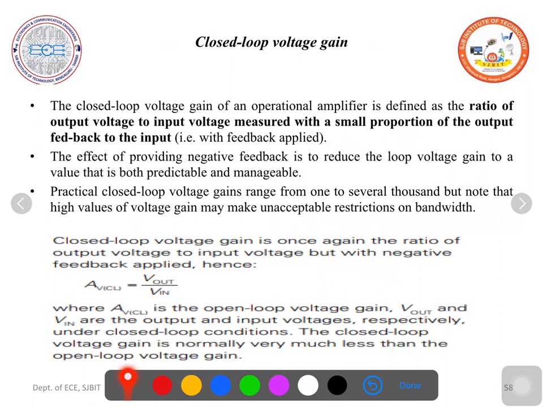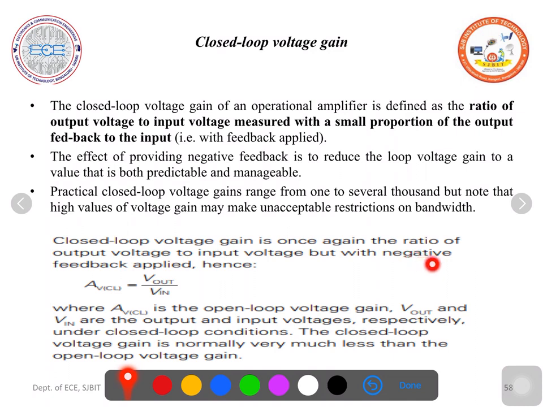So we can also express it in decibels by calculating 20 log V0 by V, just similar to the open loop voltage gain. Now only this word changes: closed means there is a feedback. Feedback means some portion of the output is fed back as the input. So closed loop voltage gain is nothing but the ratio of the output voltage to the input voltage when there